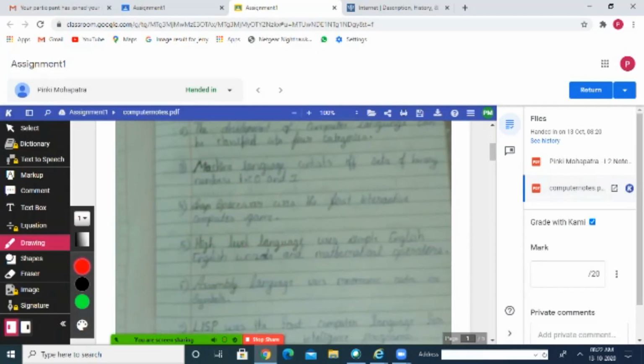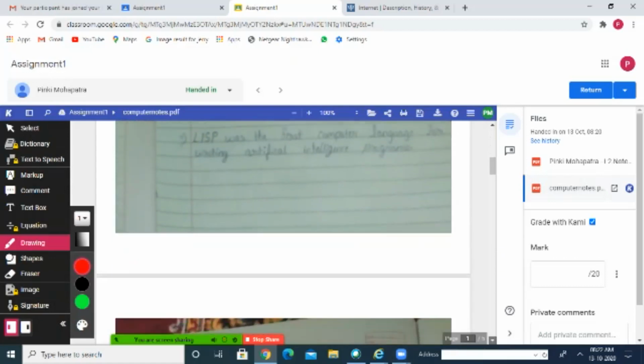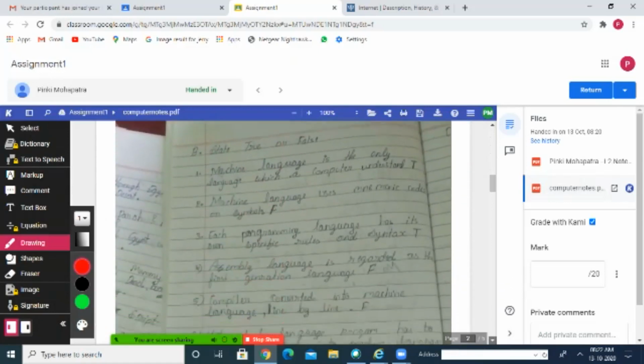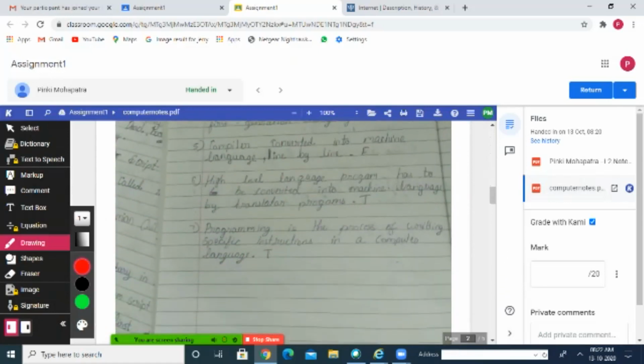So how will I correct? I need a pen for that. So from here I am choosing a red pen because I want to correct it with a red pen. So what I will do? Simply I will give the mark like this. I am going down to correct, suppose this one, 15. So total is 20. So I gave, suppose, 20 out of 20 to the student. 20 out of 20. Now the student got 20 out of 20.